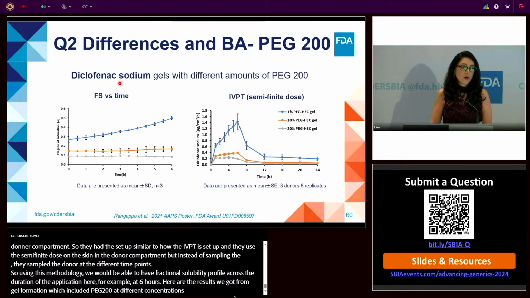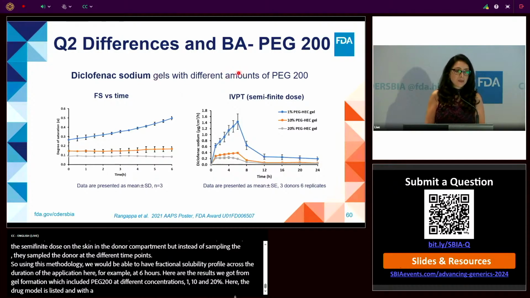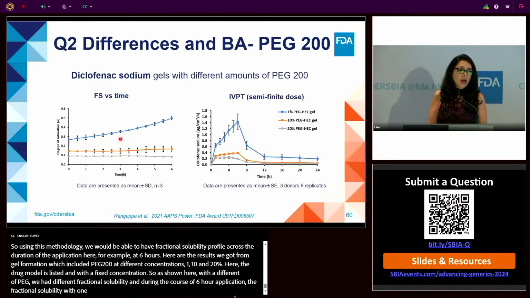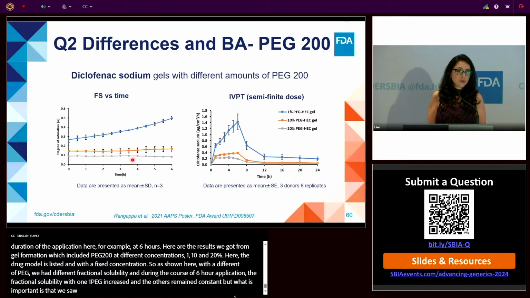And here the drug model was diclofenac sodium with a fixed concentration. As shown here, with different amounts of PEG, we had different fractional solubility. During the course of 6-hour application, the fractional solubility with 1% PEG increased, and for the other two it kept constant. But what is important is we saw well-separated profiles from the 1%, 10%, and